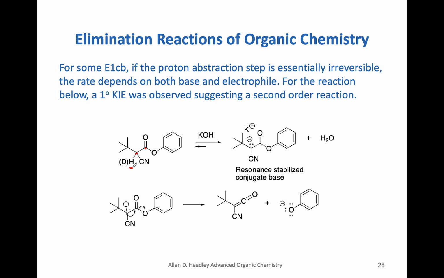Notice this hydrogen is fairly acidic because in the presence of a base, it can abstract this hydrogen to form this conjugate base, which is resonance stabilized with the CN and also this group here. So you can draw your different resonance structures to show that this is a conjugate base, which means that this hydrogen is acidic. Because this equilibrium drives to the right here,